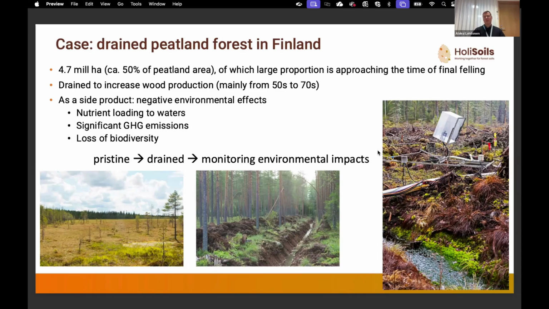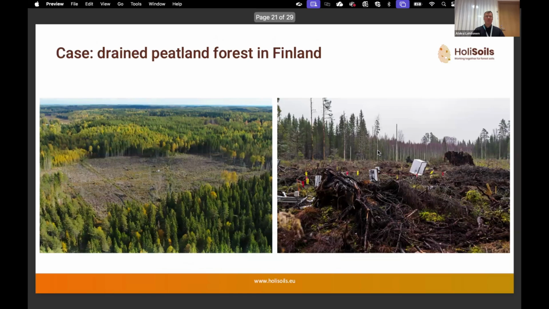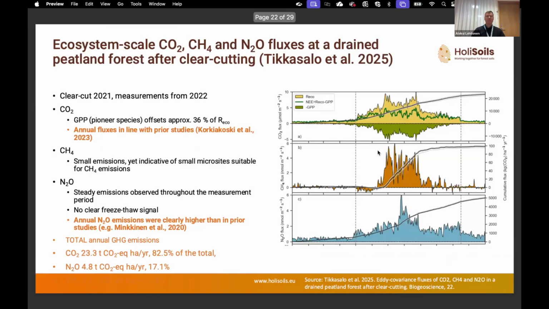So here you can see the figures. You have pristine peatlands, then drained peatlands, and on the right-hand side, we do monitoring on these lands. So this is Ranskalankorpi. This is a clear-cut area where we have a lot of monitoring. Now we want to understand what the emissions of the clear-cut are and compare those against a control, which is kind of a no-felling treatment. And then we have a treatment with a selection harvest, kind of continuous cover forestry. We want to compare these different management units against each other.